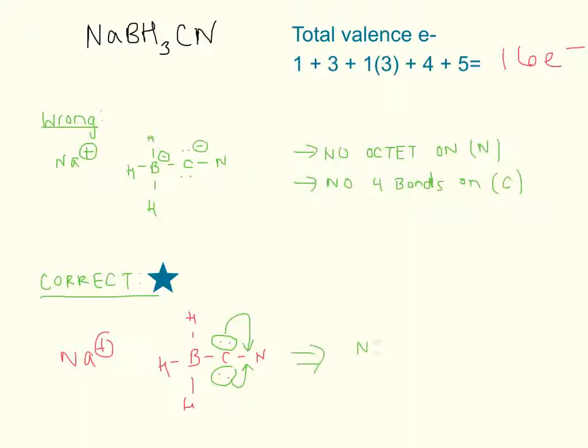That gives me sodium again by itself, boron bonded to 3 hydrogens, bonded to carbon, which is triple bonded to a nitrogen. And let's go ahead and complete the octet. How many electrons have we used out of the 16? We've used 1, 2, 3, 4, 5, 6, 7, 8, 9, 10, 11, 12, 13, 14. We're still missing 2 electrons, and I'm going to place that on my nitrogen. 15, 16, and that is your complete